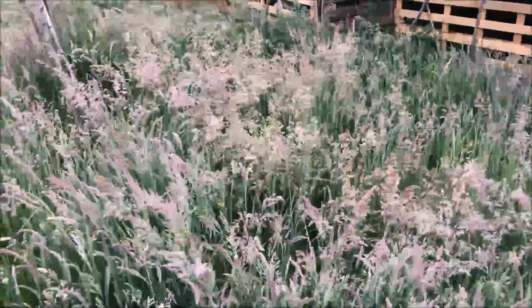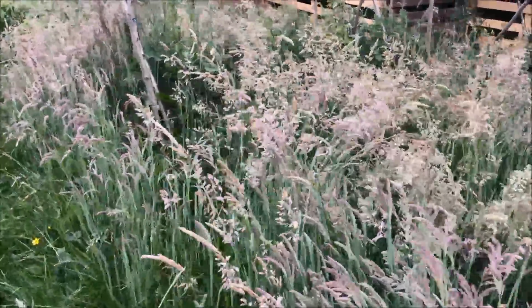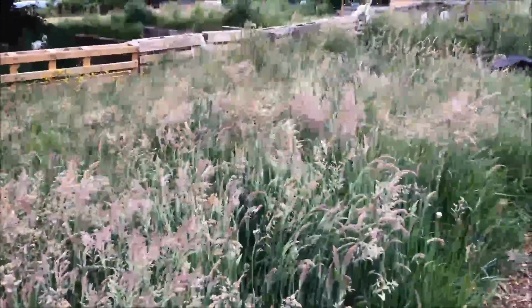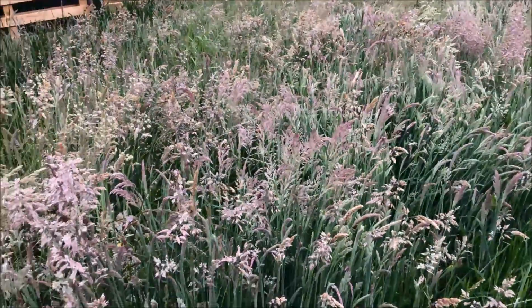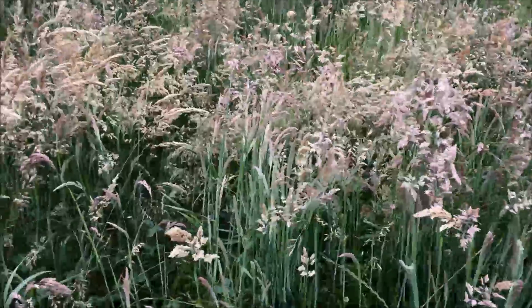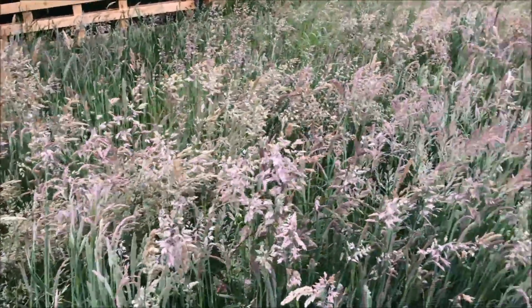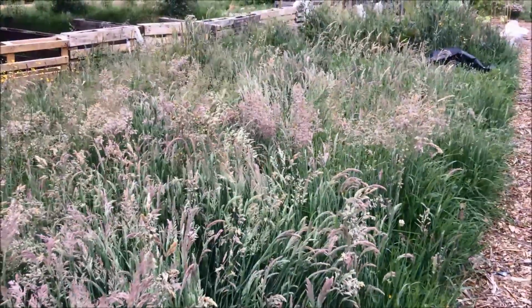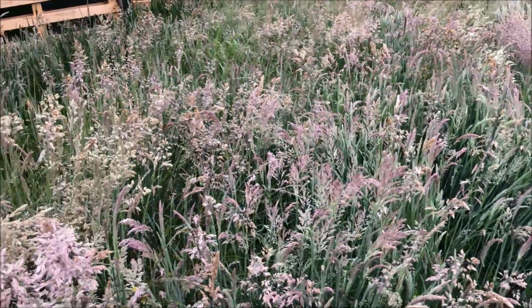So, this is my thought. It's full of weeds, the grass is too high, I feel a bit overwhelmed by it, but think how good this is for the wildlife. There must be masses of things living in this, and hopefully some of them are good things. Hopefully there'll be pollinators and predators of greenfly and things like that living in it. So